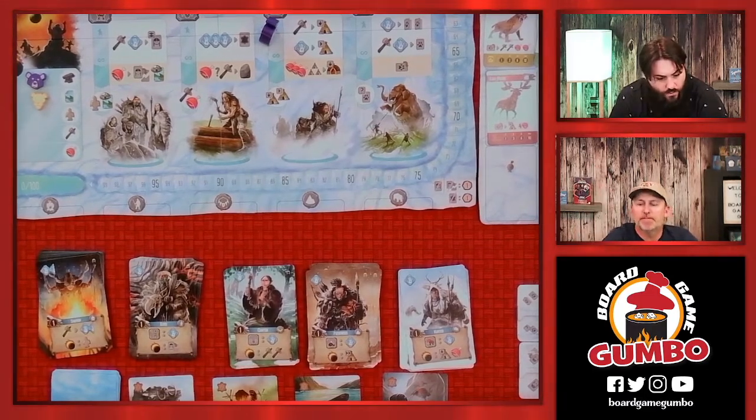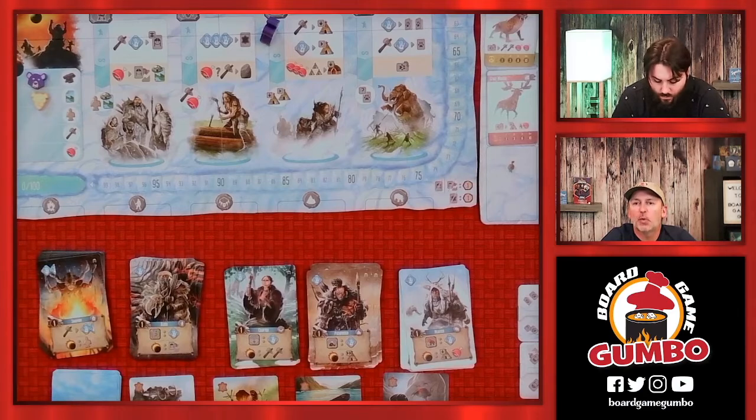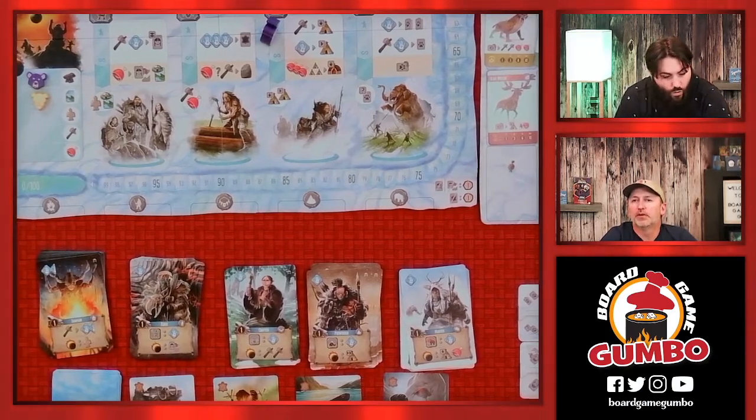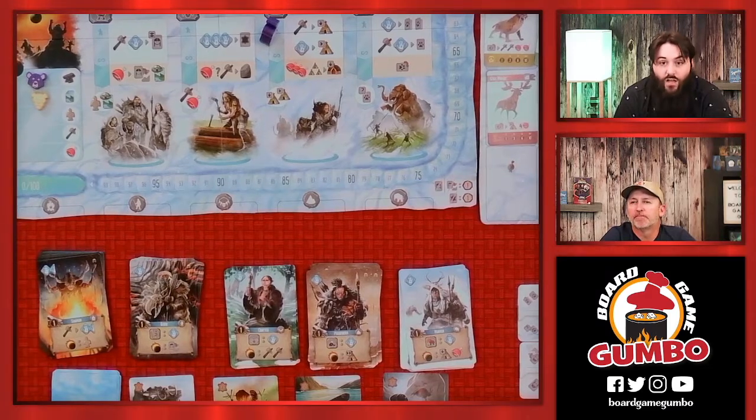Ty Roller, what's up? Thank you for checking in, man. We're playing Endless Winter. I'm going to drop the Brave here. Holy, so he gives you 1.5 plus...